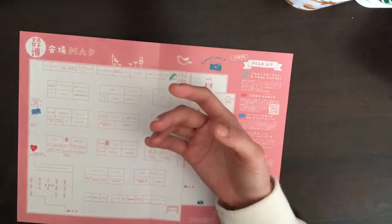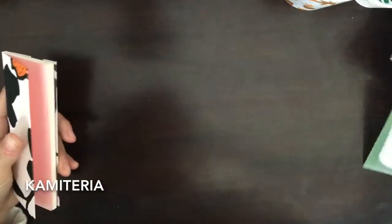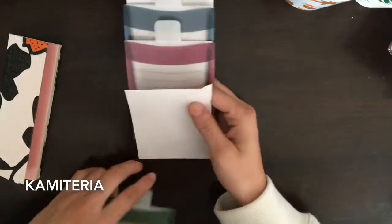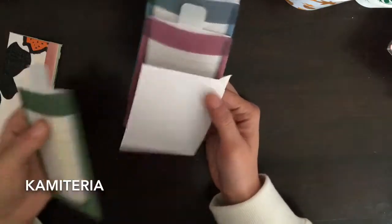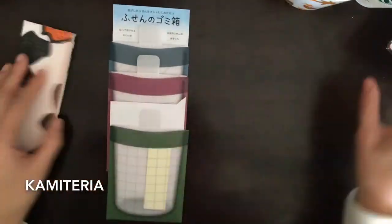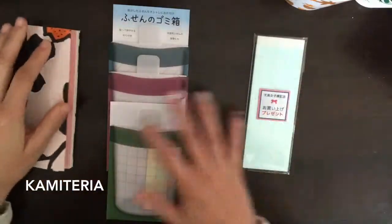Moving away from this, I'm going to show you guys what I actually purchased. There's a lot of things that I purchased. Some of these I've never known about before, and this is one of them. This is something from a place called Kamiteria. I've never heard of this place before, but I have seen a couple of the things that were available. These are the things I purchased, and then they gave me this freebie memo notebook